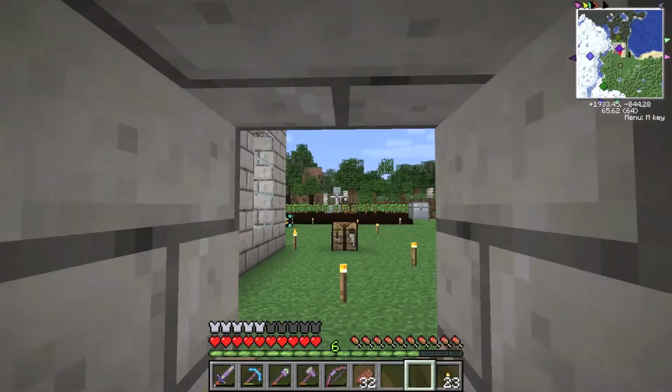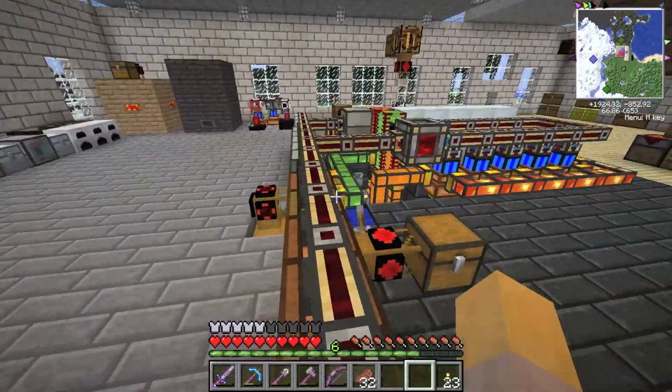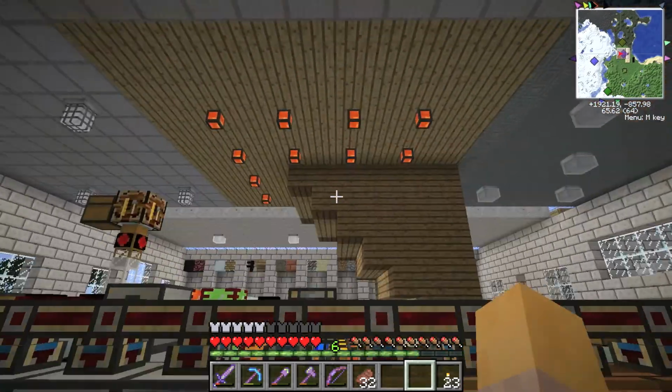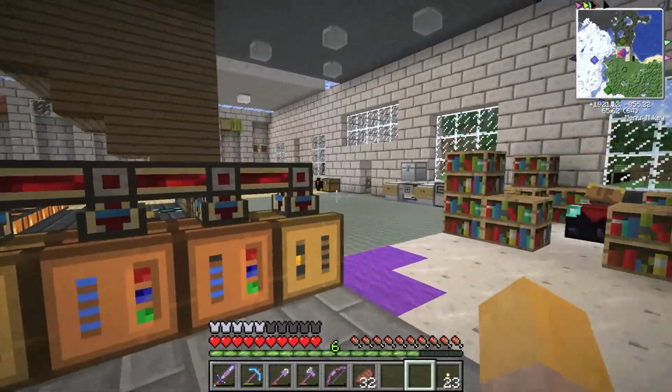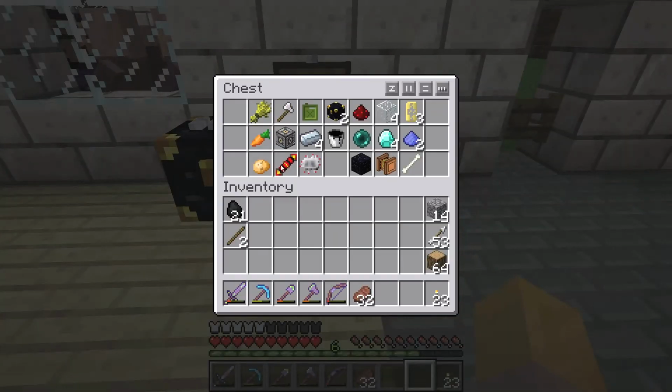So that's how my tree farm's automated, and it's most excellent. It doesn't produce a huge amount of saplings. It's kind of just enough to keep this fed. So I'll still have to use my crazy sapling machine up on the roof occasionally. But anyway, let's move on to something else. Right, so